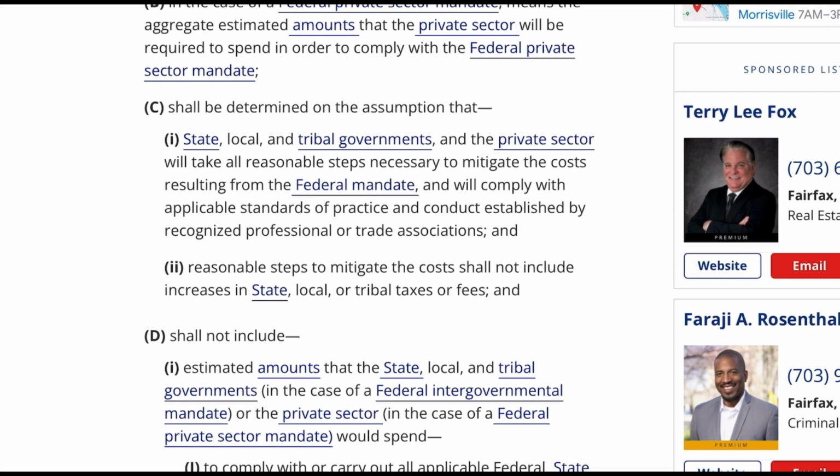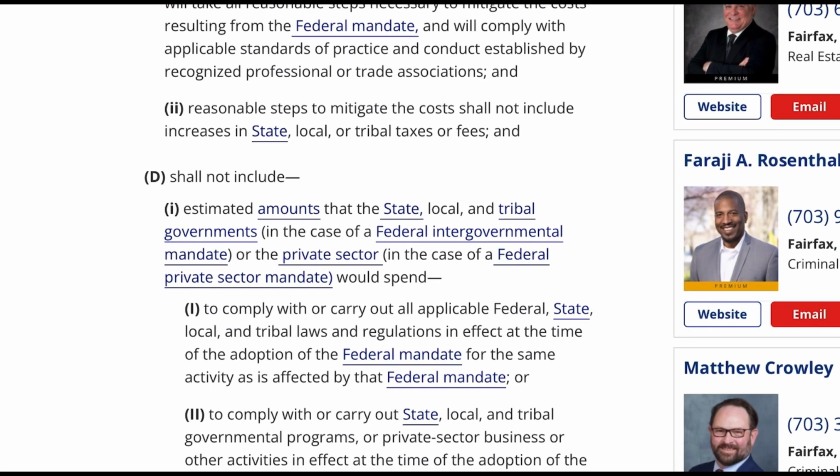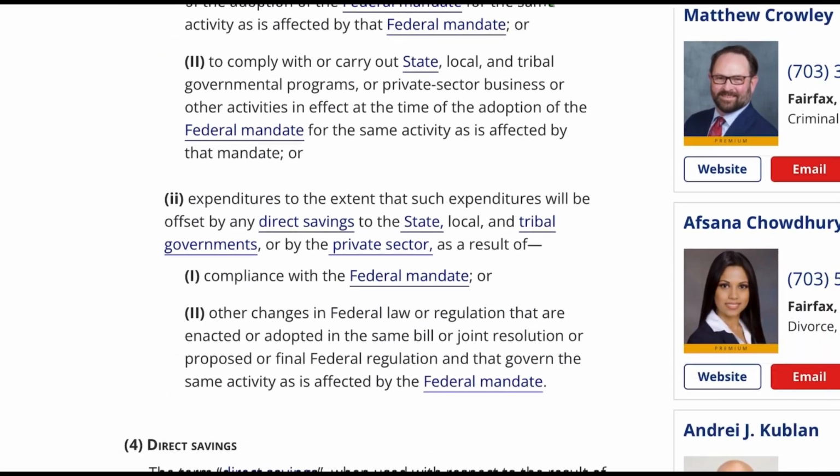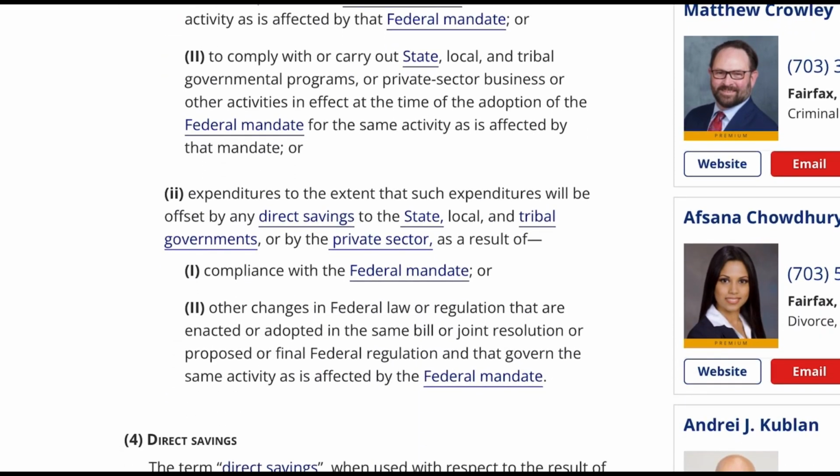estimated amounts that the state, local, and tribal governments, in the case of a federal intergovernmental mandate, or the private sector, in the case of a federal private sector mandate, would spend (I) to comply with or carry out all applicable federal, state, local, and tribal laws and regulations in effect at the time of the adoption of the federal mandate for the same activity as is affected by that federal mandate, or (II) to comply with or carry out state, local, and tribal governmental programs, or private sector business or other activities in effect at the time of the adoption of the federal mandate for the same activity as is affected by that mandate. Or (ii)